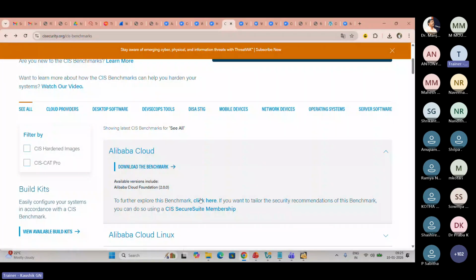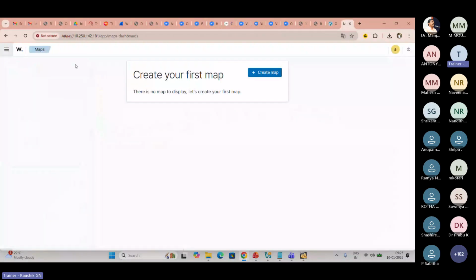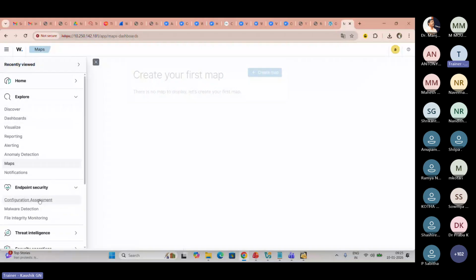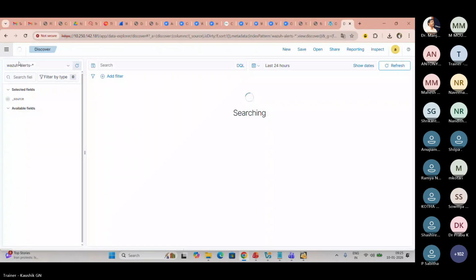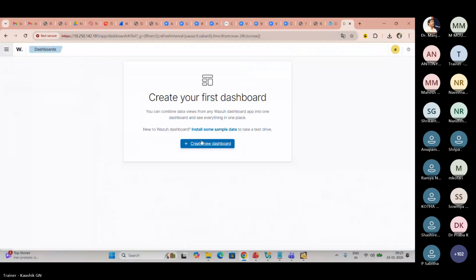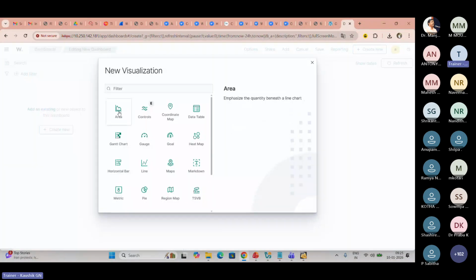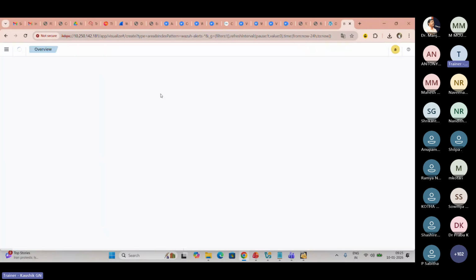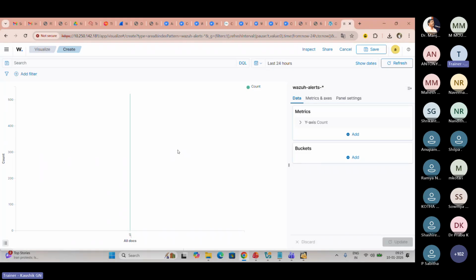So this is my machine. What I will do is create my own dashboard now. I need a visualization, for example. Yes, this is how the alert will be set.